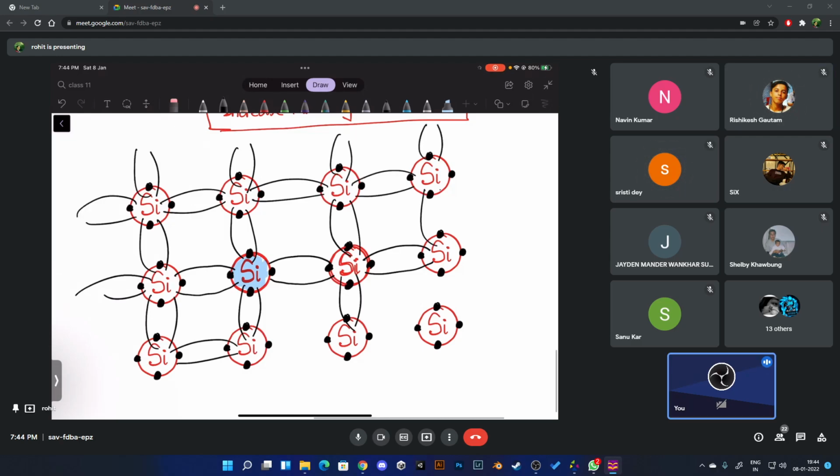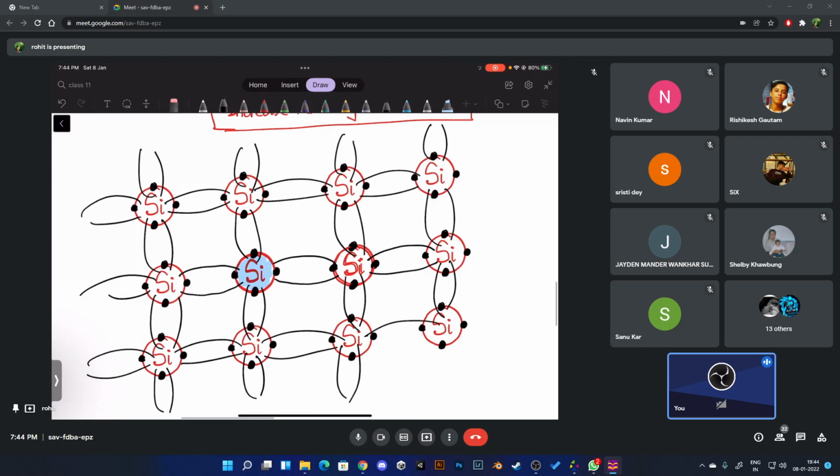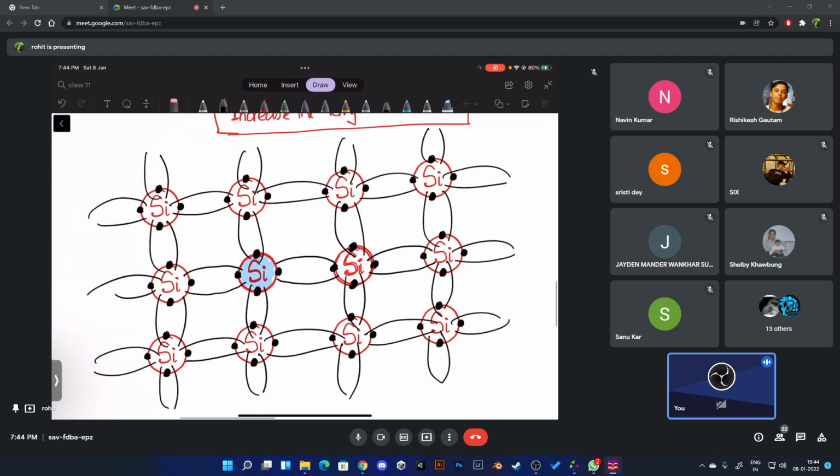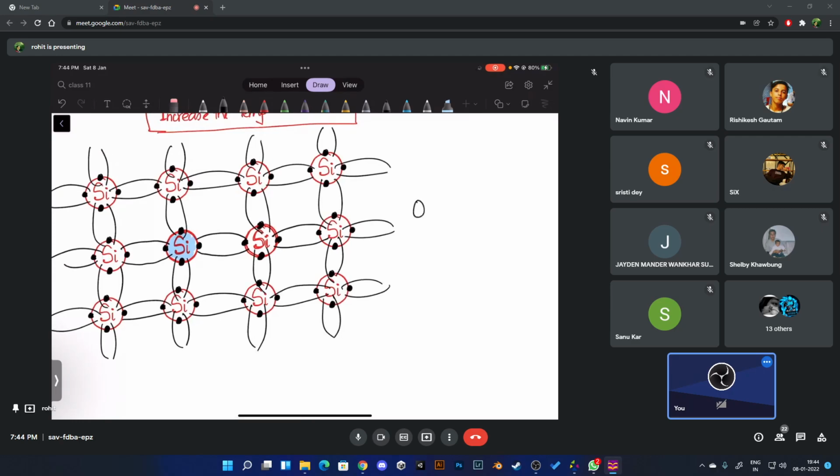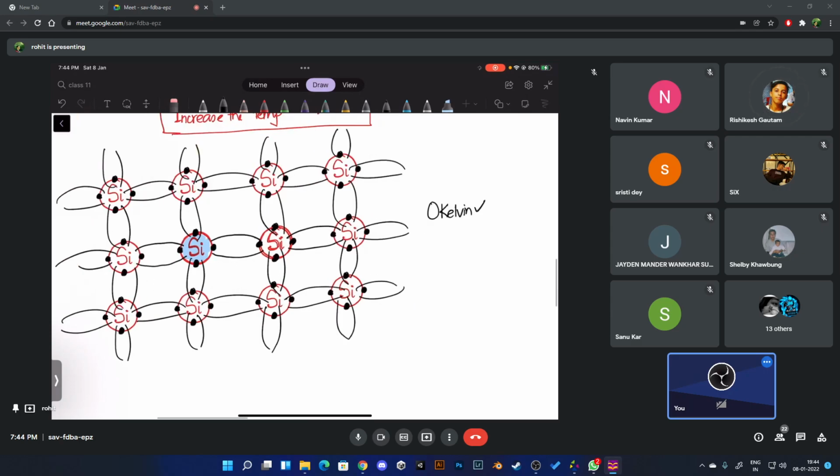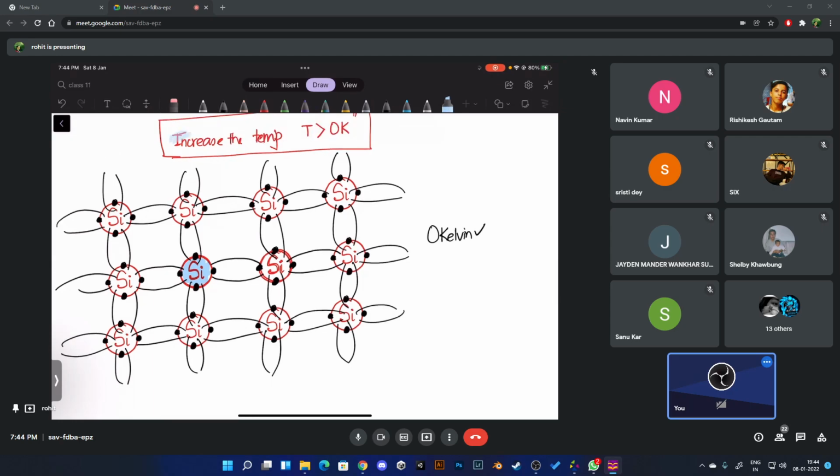Now by looking at this you can make out. Tell me, did I draw any of the electrons free, or are all of them in the bond? All of them are in the bond. So this is a picture at what temperature? 0 Kelvin. None of the electrons are free, but look at this. The moment I